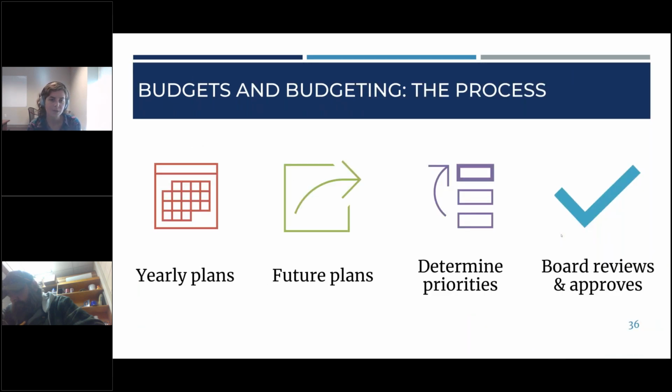So the process of budgets and budgeting: budgets are typically done on an annual basis, so it provides that yearly plan. But budgets will sometimes include a capital improvement plan, or we'll talk about plans further out into the future. So there is that future planning aspect of budgets themselves. Budgets determine the priorities for the utility or for the local government. They outline where the money's going to go. Again, if you're thinking about capital projects, the budget is going to allocate funds to certain capital projects, and that's going to be indicative of the priorities. And then finally, after this iterative process, the board will review and approve the budget, and then that's what is essentially used over the course of the following year.